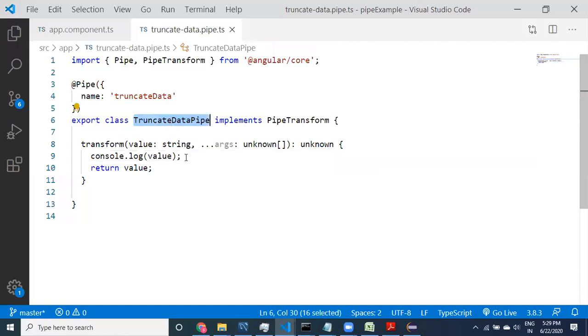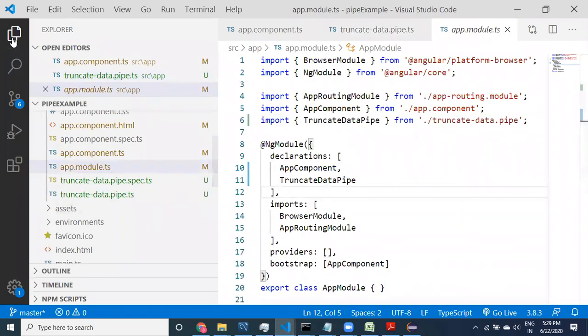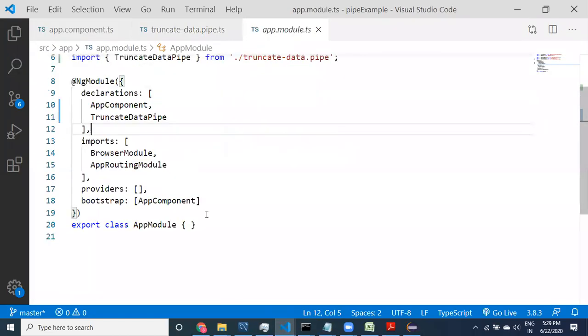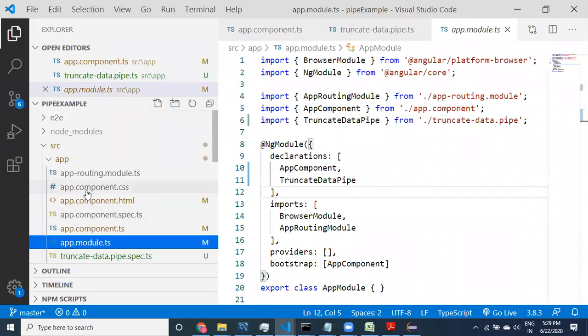You can use this pipe in your code. Whatever pipe we have, see here guys, this is the pipe it has created by default, right? Whenever I tried with ng generate pipe, that implements what? PipeTransform. Remember the interface, PipeTransform. And go to the module, the app module.